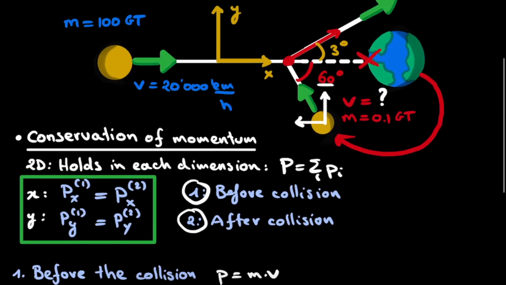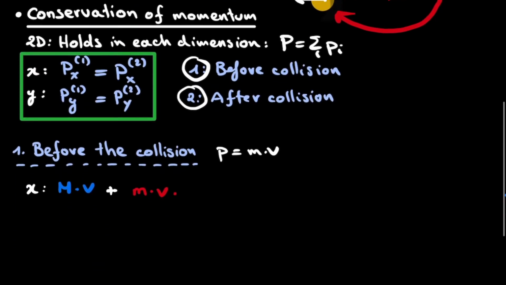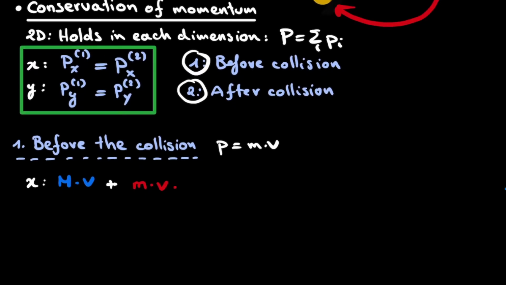And to find this, let's go back to our original sketch and see what it actually is. Given that this angle of inclination is 60 degrees, then we see that in the x direction, it will be this projected distance right here. And if we turn this triangle upside down, then we see that this will be the cosine of 60 degrees. So that means that this factor to take this into account will simply be the cosine of 60 degrees. And at this point, we will still leave it as the cosine of 60 degrees, just to be able to, in our final result, see which term really comes from where. And the sum of these two terms, to remind ourselves, will be equal to the total momentum in the x